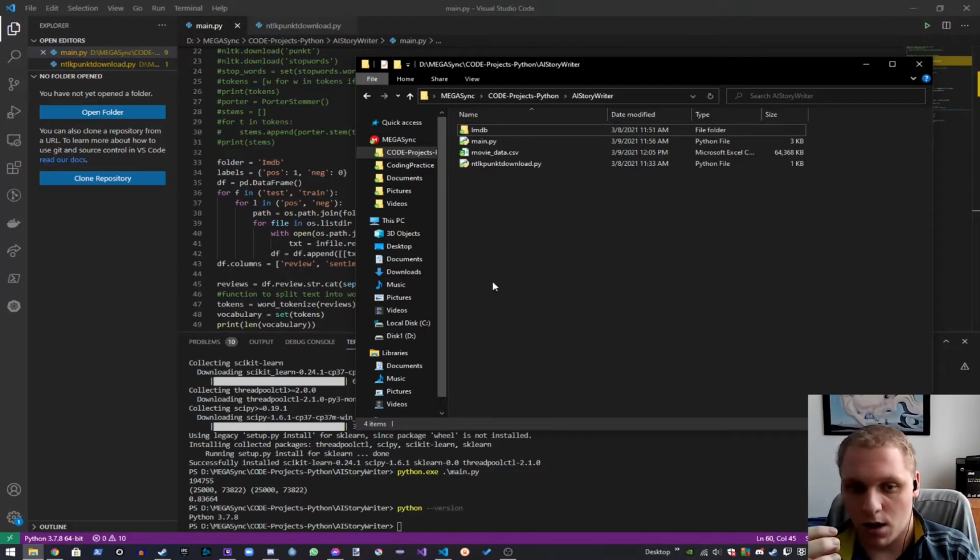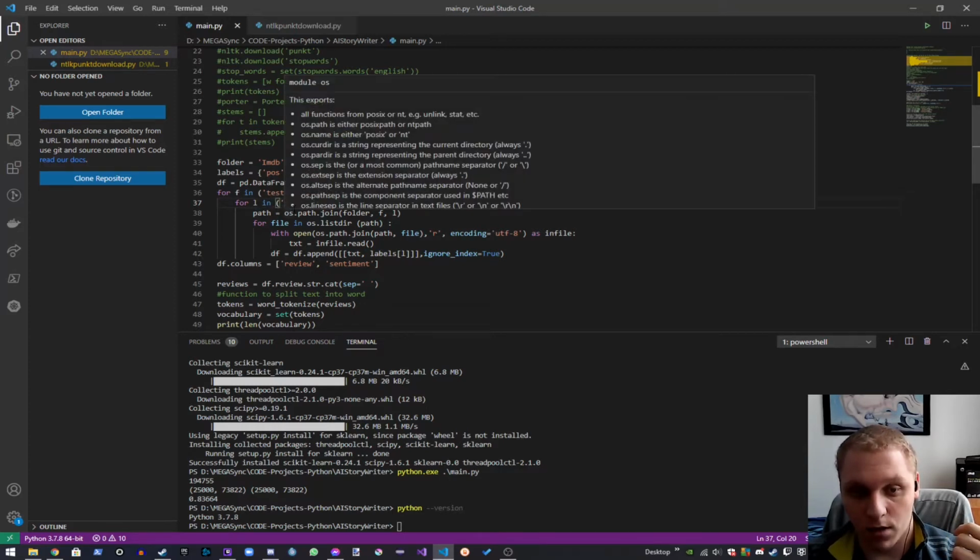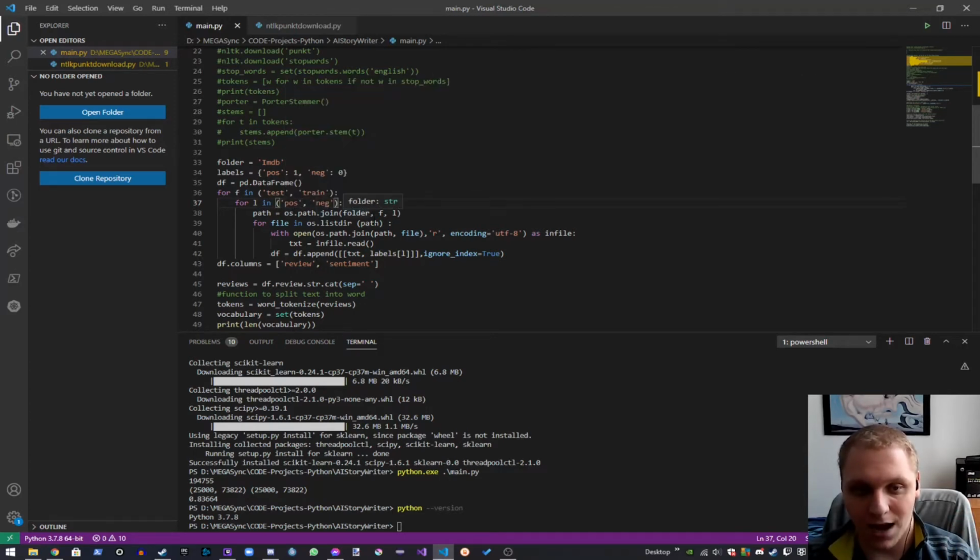What we want to do is create a frame of data to be used in our classifier. For each item inside of the test or training data, we're looking for a positive or negative review. If we do get that, we set up a path, which is the IMDb folder location, then we look inside of whether it's testing or training data, and then whether it's a positive or negative review.